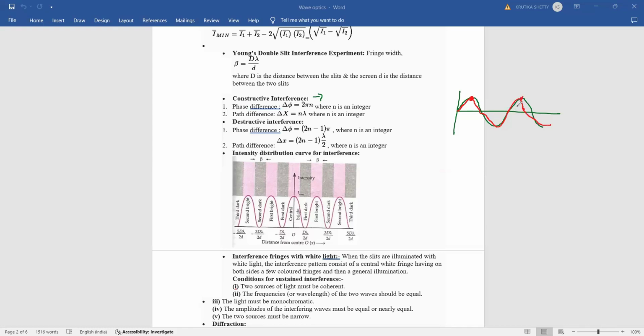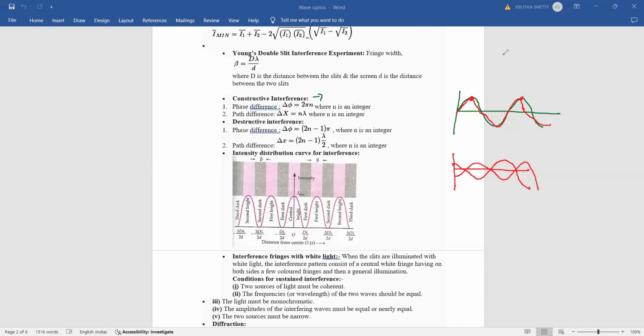If the crest of one wave and the crest of the other wave fall on each other, or if the trough of one wave falls on the trough of the other wave, this is known as